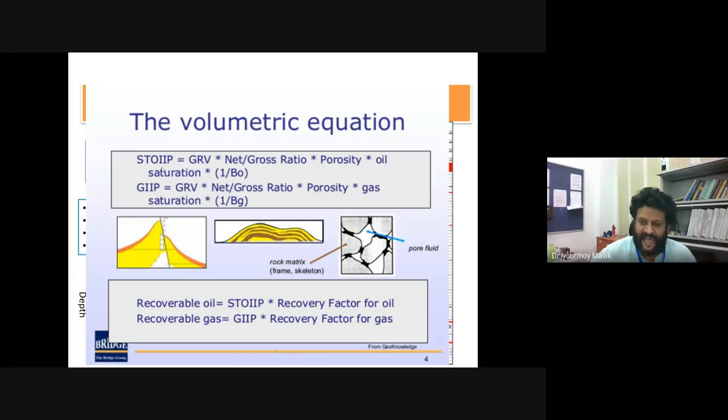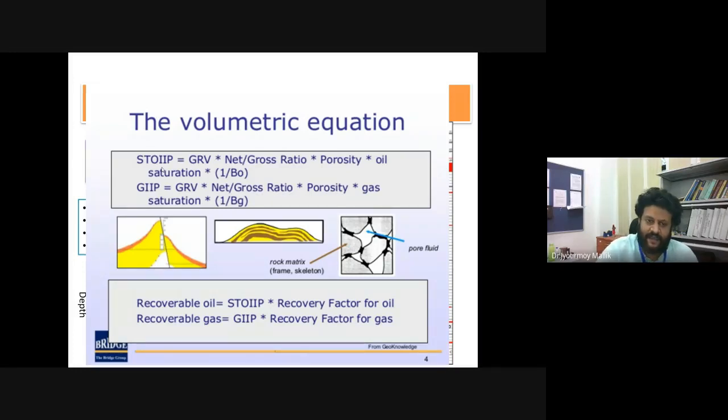So, for example, if the area of the reservoir is say 5 square kilometer, and the thickness is 5 meter, then your total gross rock volume will be 5 square kilometer multiplied by 5 meter, so that much meter cube. That will provide me my gross rock volume, area multiplied by the thickness. Then multiplied by net to gross ratio. Net to gross, as we said, refers to how much of the total reservoir thickness is net sand, which will actually pay or contribute to the hydrocarbon that will come out of the reservoir.